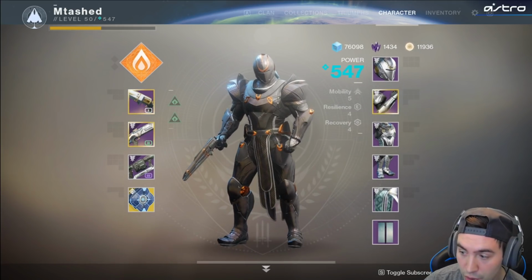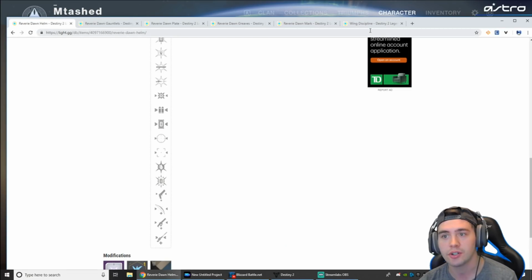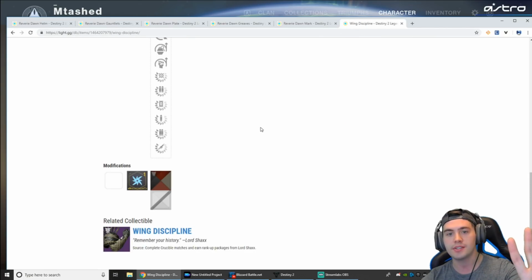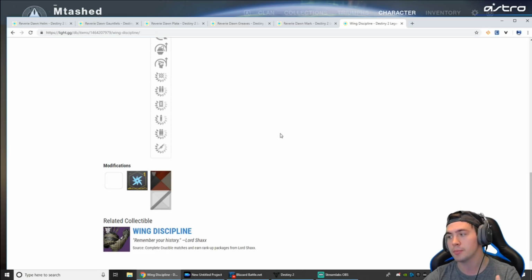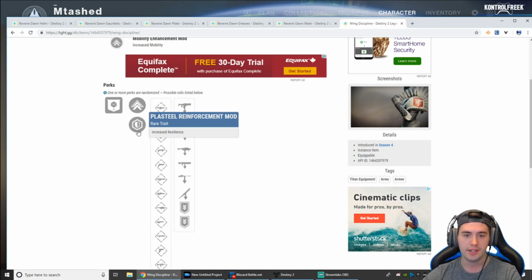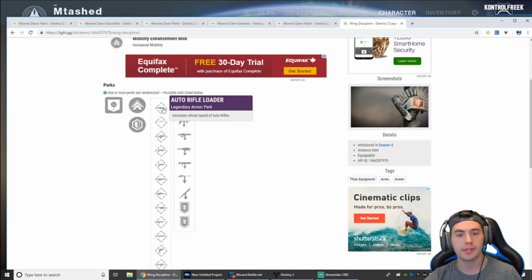Now, I'm actually going to show you this website really quickly. This is called light.gg, and you can look stuff up. This is the Wing Discipline Crucible armor for the Titan. As I said before, Warlocks and Hunters, you'll have the same perks. All these perks are going to be the exact same. The only thing that's different are the mobility, resilience, or recovery, okay? Excuse me. Now, what I want to talk about really quickly is specialized perks and